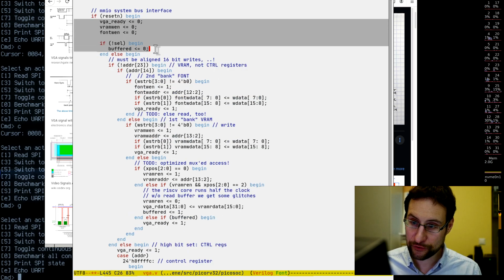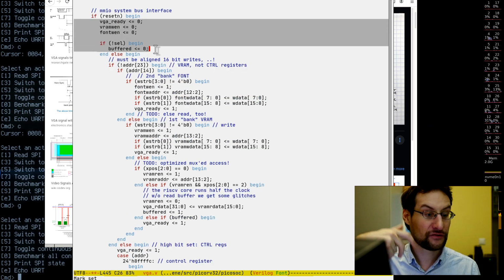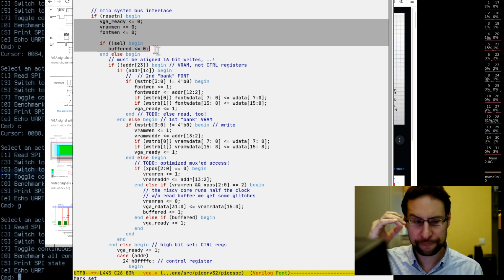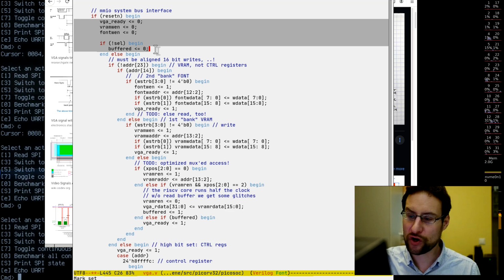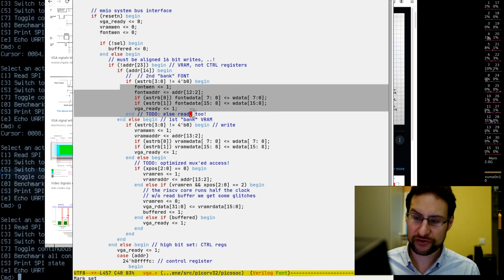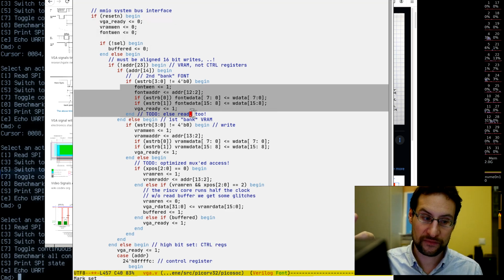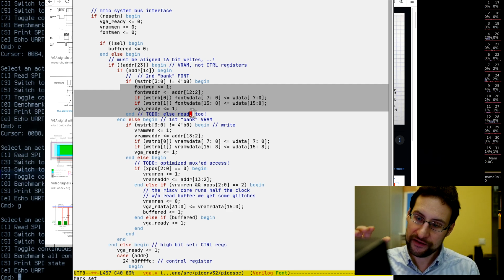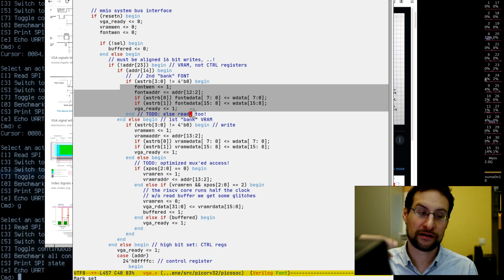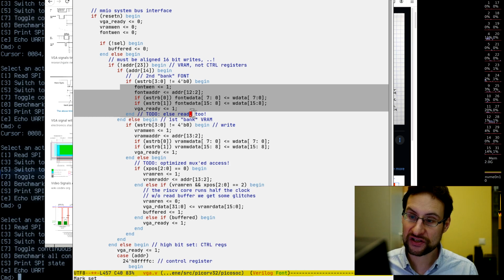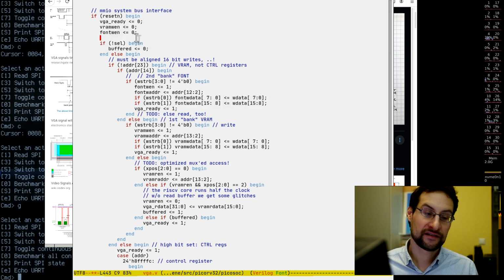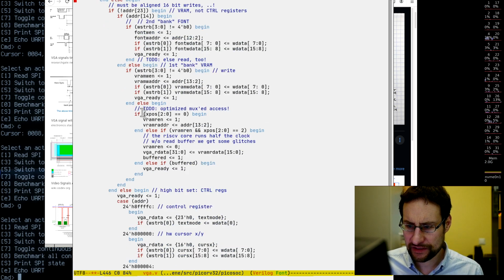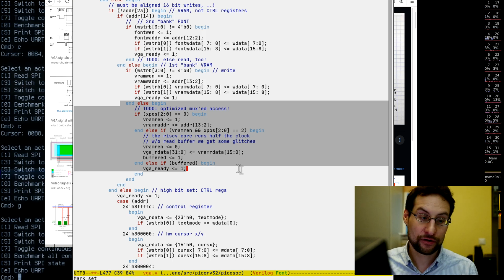Because the default assignments here are 0, for the next clock cycle the signals toggle back to 0 if we are not selected and if we do not get a new write. So this is only set positive for this clock cycle in this registered flip-flop, and then on the next clock cycle of the RISC-V CPU, if we are not selected anymore for a new write, then this will automatically be 0 again. And this reading is super tricky because